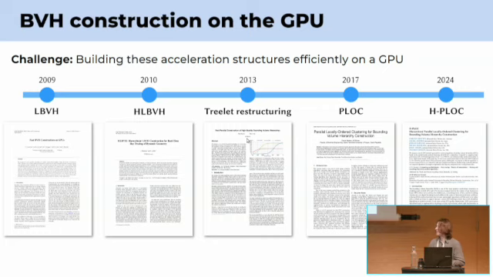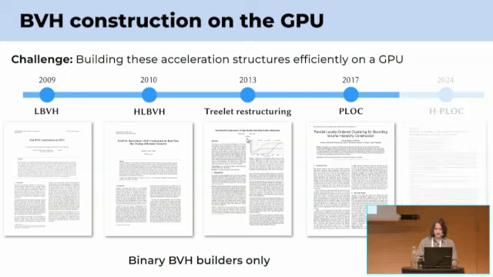Of course, this is not the first paper to tackle this problem. This is a very long-standing problem in real-time ray tracing research. I've shown here some of the papers that have come out, some of them at HPG along the years, that tackle this problem. And what I would like to point out here is that the vast majority of these papers until last year basically focused only on building binary hierarchies, while, as I've shown, the current de facto standard is the wide hierarchy